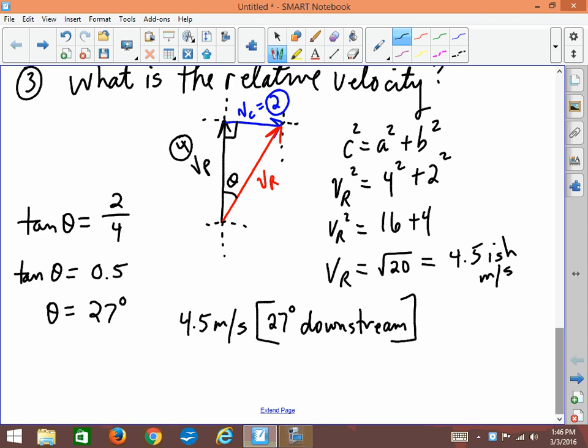So what this means is if you paddle at 4 meters per second straight across a river, while a current tries to drift you downstream at 2 meters per second, someone on the shore would see a relative velocity, which is the sum of those two, which would make you appear to be moving along this red line at 4.5 meters per second, and it would be 27 degrees off of the black line. Okay,